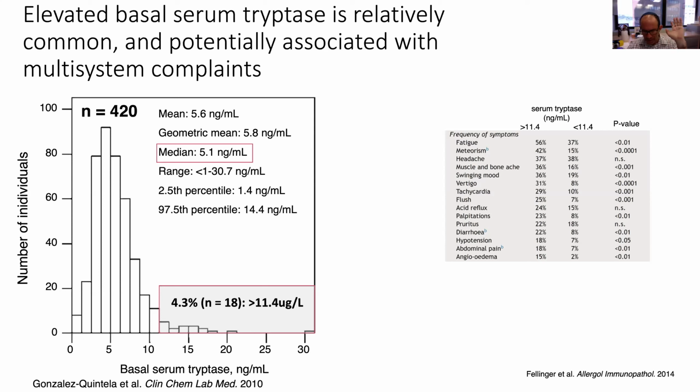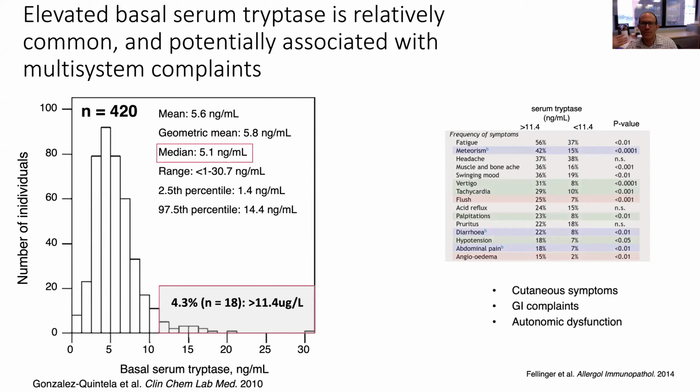There's been one study in a single private practice in Austria, I think, where they looked at an allergy practice, people who had high serum tryptases versus low serum tryptases, where they didn't know that when they were walking in. There was an incredible enrichment for lots of symptoms that we see in mast cell activation syndromes or in mastocytosis, like flushing and angioedema and IBS and diarrhea, abdominal pain, and dysautonomia and fatigue and the such. And many of them were statistically significant higher in those who had a high basal serum tryptase versus low, suggesting either active mast cell activity or that just there's something about that basal rate that puts them at risk for